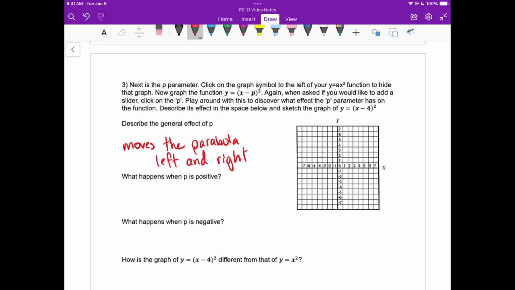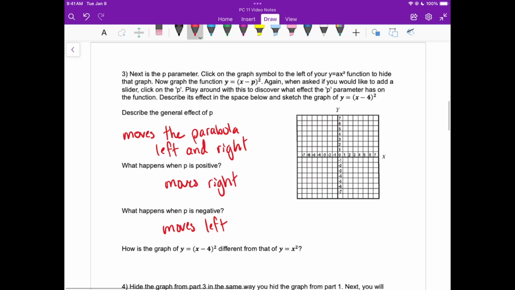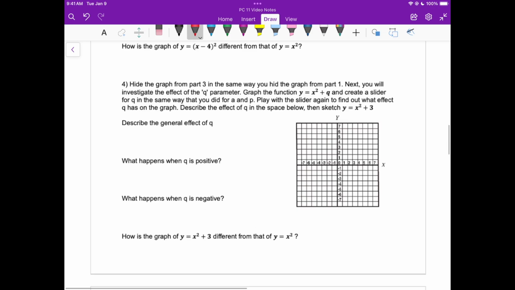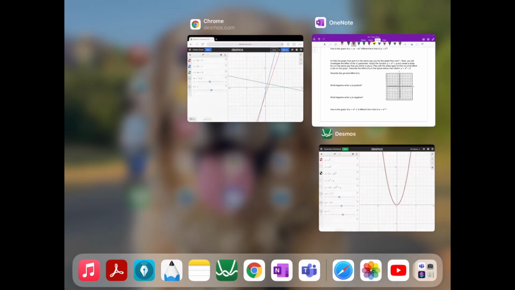When p is positive, it moves right. When p is negative, it moves left. So that's p. Thirdly, we want to look at q. So same idea, we're going to be graphing y equals x squared plus q,